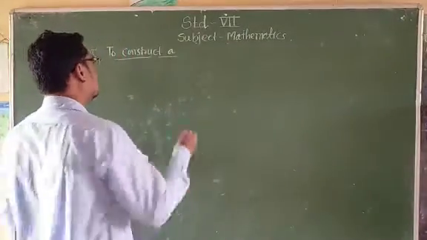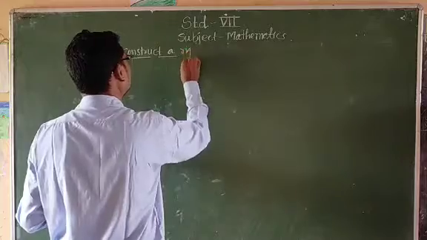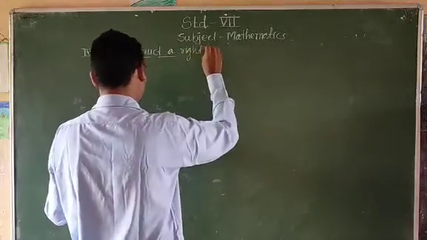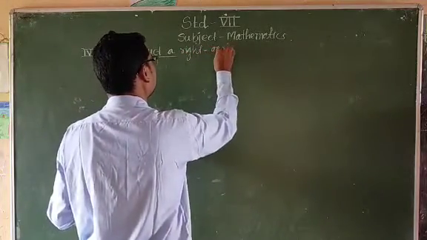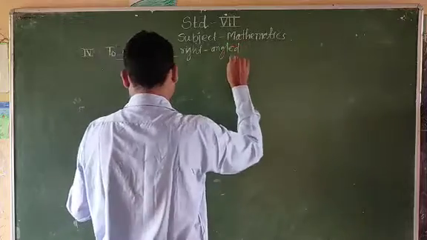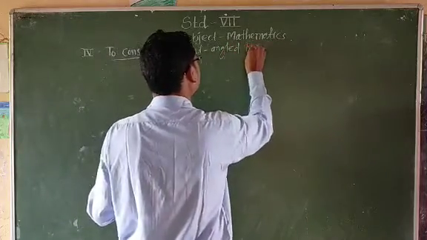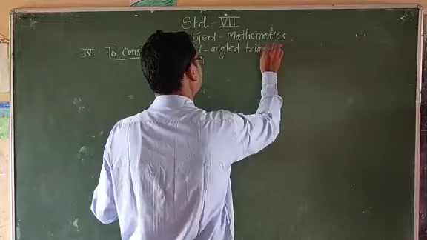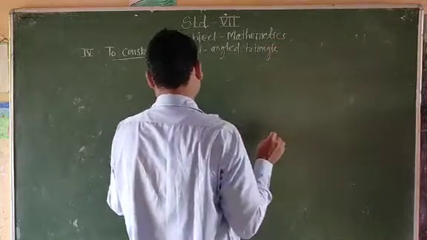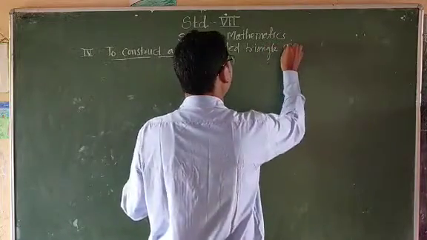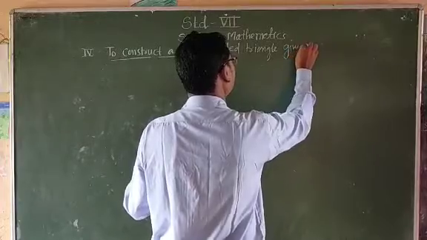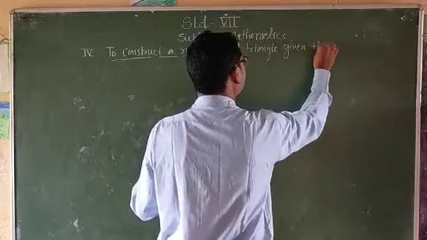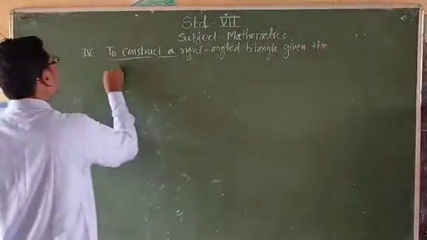To construct a right angle triangle, given the hypotenuse. The hypotenuse म्हणजे कर्ण दिलेला आहे. Given the hypotenuse